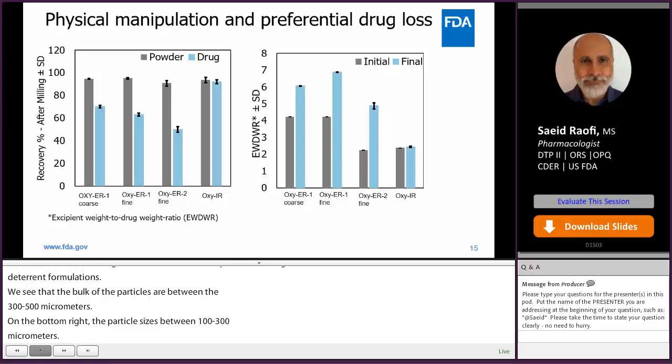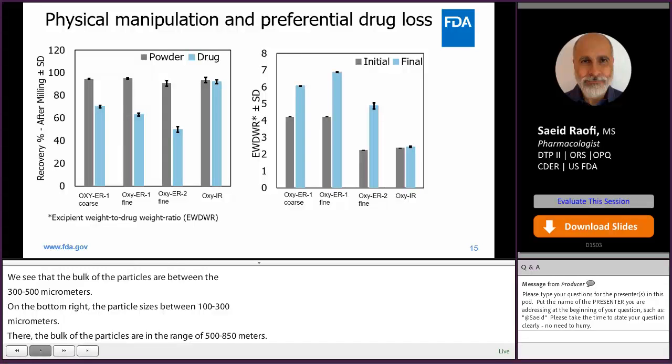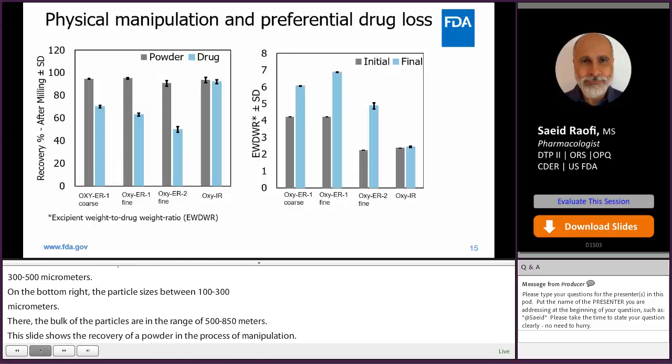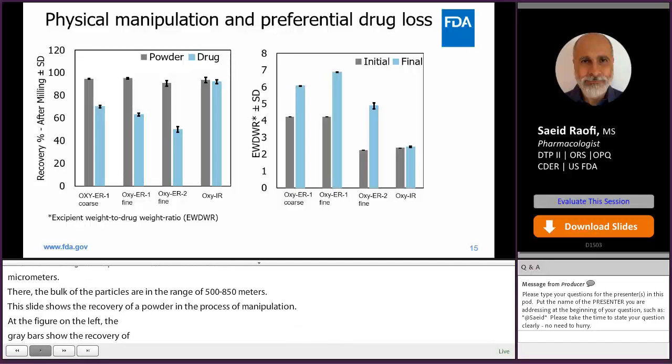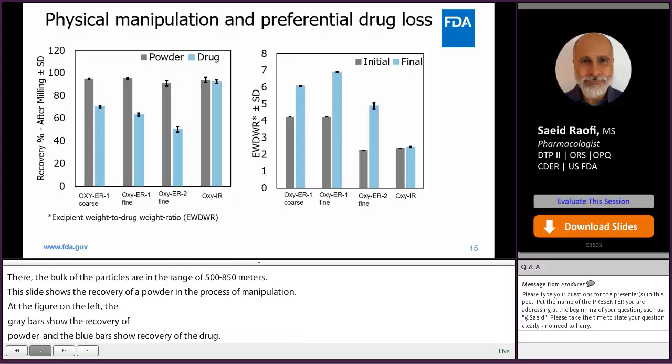This slide shows the recovery of powder and the recovery of drug in the process of manipulation. The figure on the left, the gray bars, show the recovery of powder, which across all treatments we see that we have nearly recovered 100% of the mass of the tablet as powder. And the blue bars show recovery of the drug. And for the immediate release product, the recovery of drug is also nearly complete. However, for the abuse-deterrent formulations, the recovery of drug ranges anywhere from 45% to 70%, depending on the formulation and